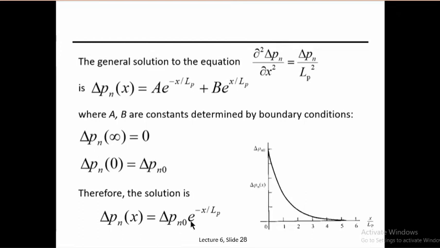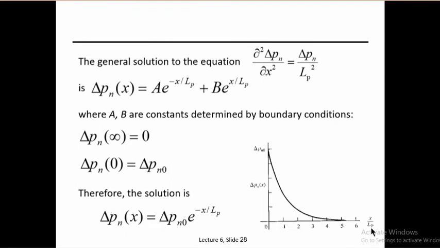Therefore, we will write the general solution of the excess carrier: delta p equals delta p sub 0 e to the minus x over LP. And this is the presentation of the graph which corresponds to the excess carrier Pn as a function of length over the